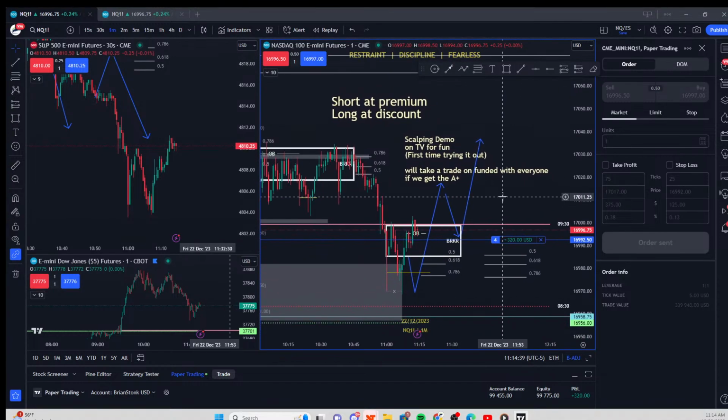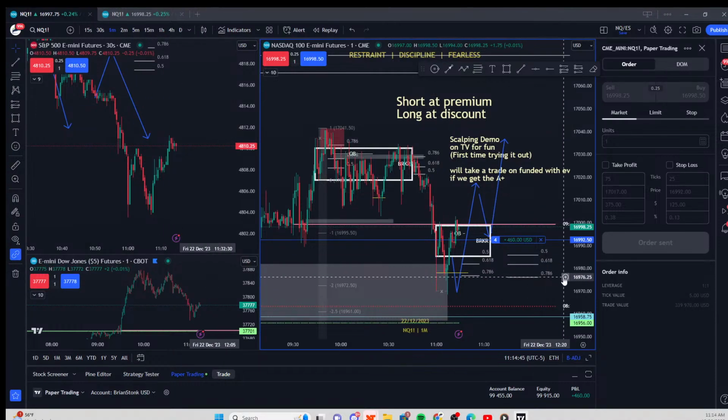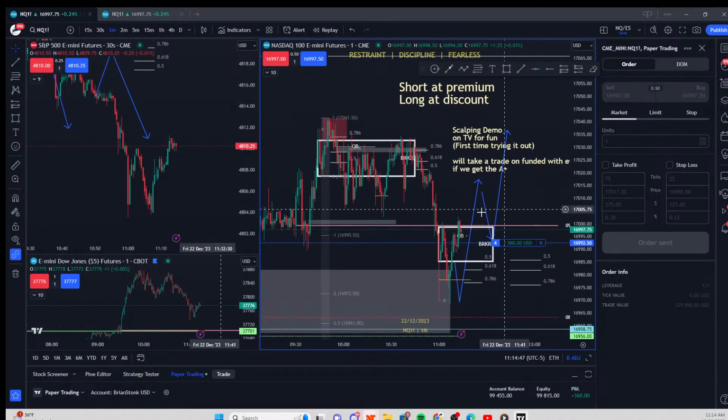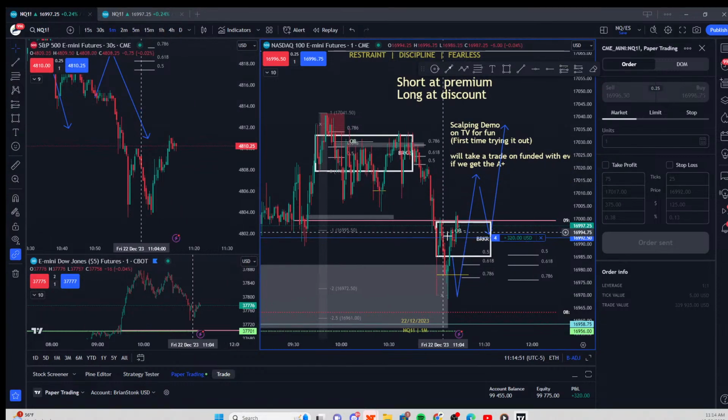Someone said no, only live. Yeah, well, we could do both. I'm waiting for 2 hours for a good setup. This is a decent setup, but is it too risky of something I'll take on funded yet? I need to see more,